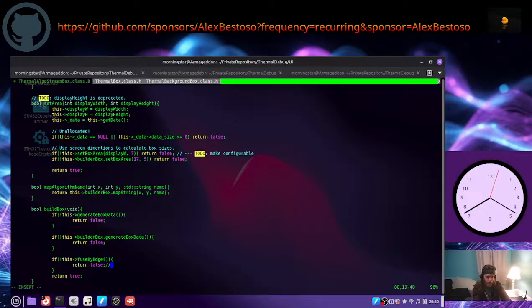Return false. And one day. An error 2. Then we want to pass in our builder box, because we want to fuse our builder box to our base box, and we want to fuse it